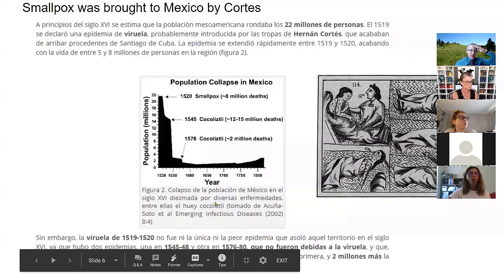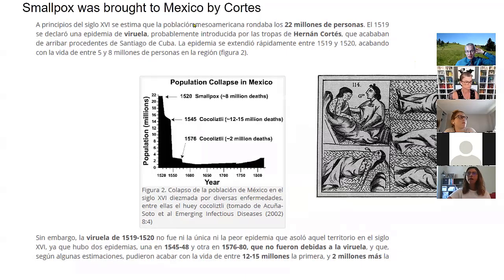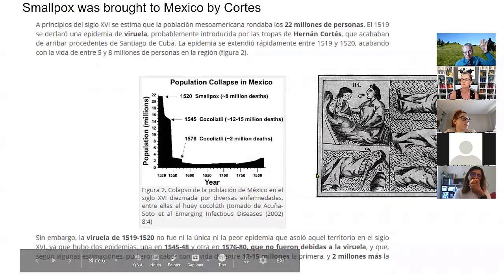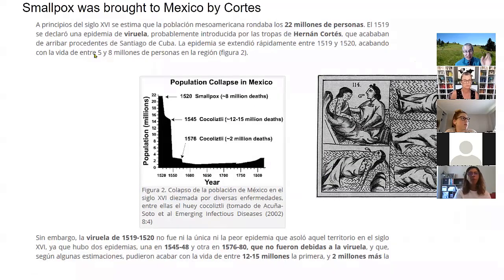This is another story. Smallpox was brought to the New World. It did not exist in the Americas until the Europeans brought it. And in Mexico, the effect was devastating, and it's been documented. You can see this is all written in Spanish. I thought that was appropriate that we get the discussion of what happened in Mexico in Spanish. So if you can read Spanish, you can read this.